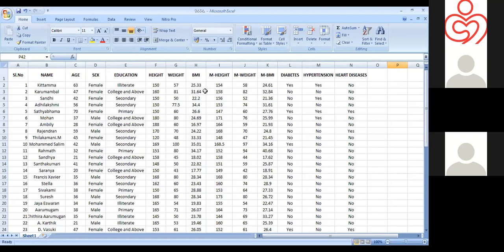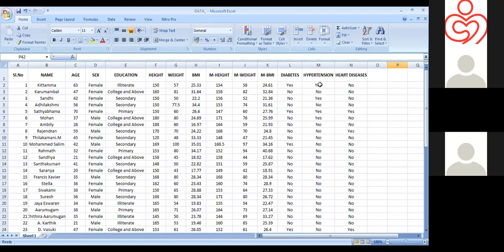The demographic parameters I considered are name, age, gender, education, and I asked them their height, weight, and I analyzed the BMI. Then I measured the actual height and weight again. Then I analyzed the BMI accordingly. Then I asked for their diabetes status, hypertension status, and whether they have any heart diseases. So this is the data which I collected to analyze the validity of self-reported height and weight.